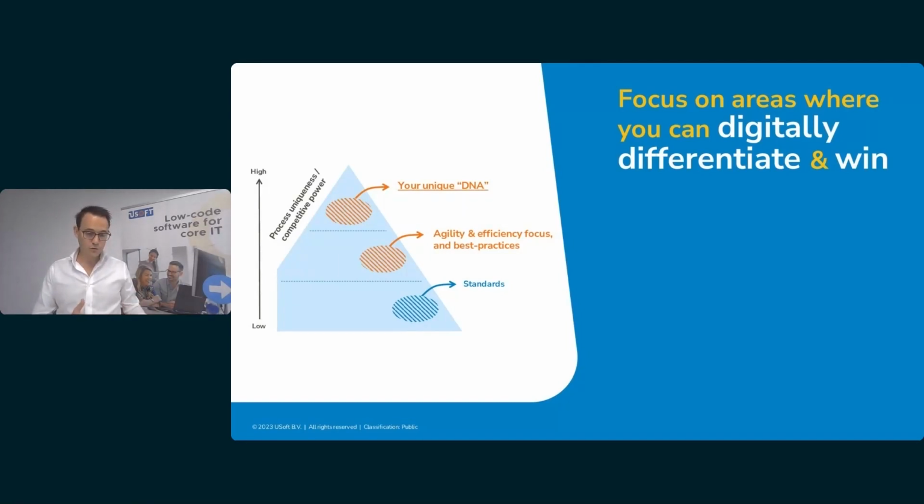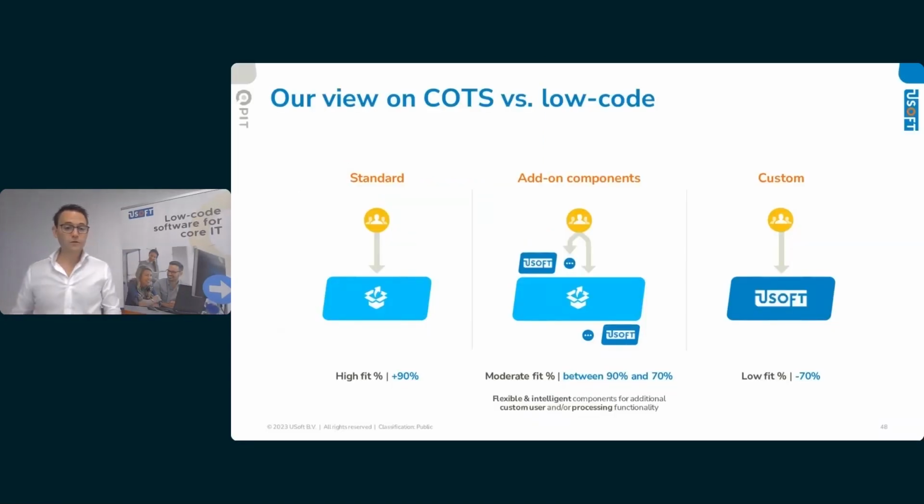If there's a good commercial off-the-shelf system, you shouldn't hesitate and you should use it, because that allows your organization to focus much more on those processes that make a difference and that help your organization excel compared to your competitors. And this is also what we believe as a technology provider. Like I mentioned before, we are a low-code provider, so we provide a platform specialized in complex core operations. So you can build anything from a custom ERP with USoft to intelligent microservices.